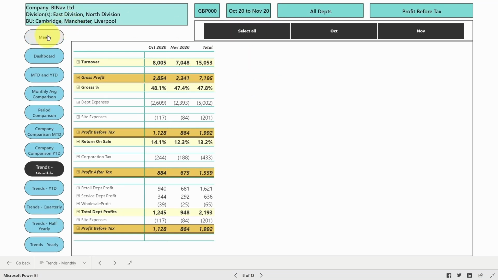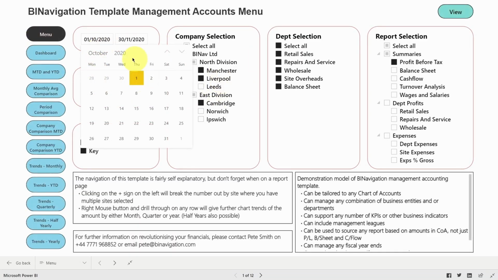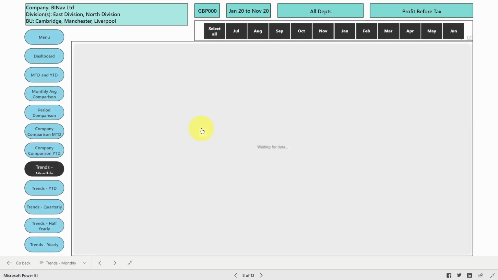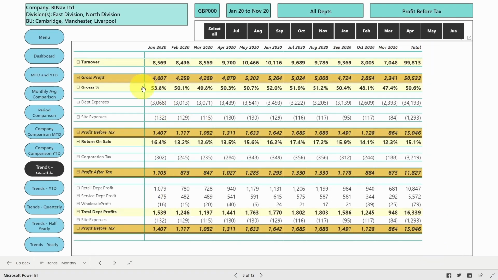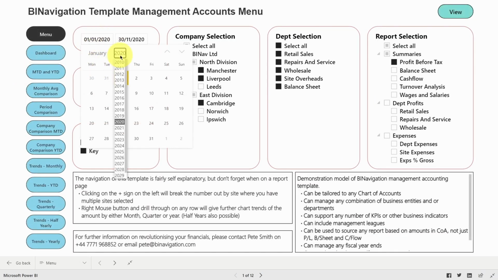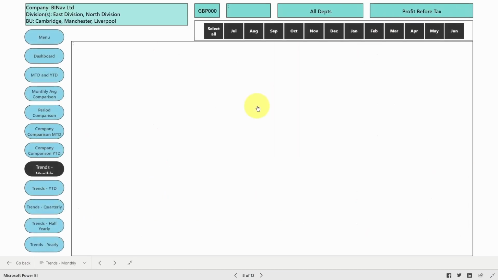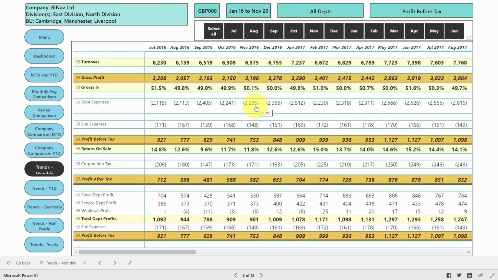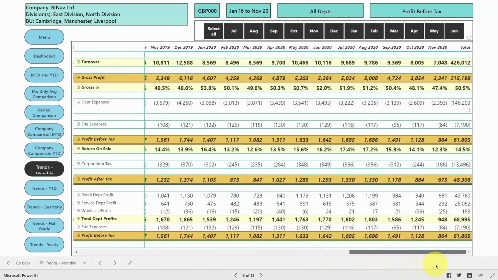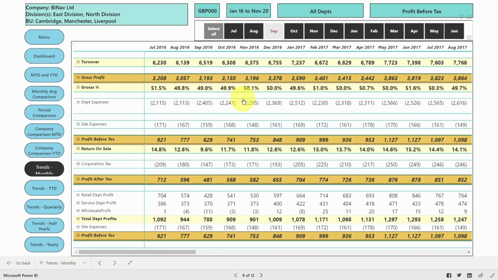Trends monthly is where we can see all of our months side by side and get a visual of how that's tracking, and you can see here that we've got the year to November building. What we can also do in this tab is change the year, assuming we have data there. This model starts in 2016 or 2017, and we can see that the data is flowing through month by month. Now that of itself is complete rubbish, but the point of it is that if I click September,